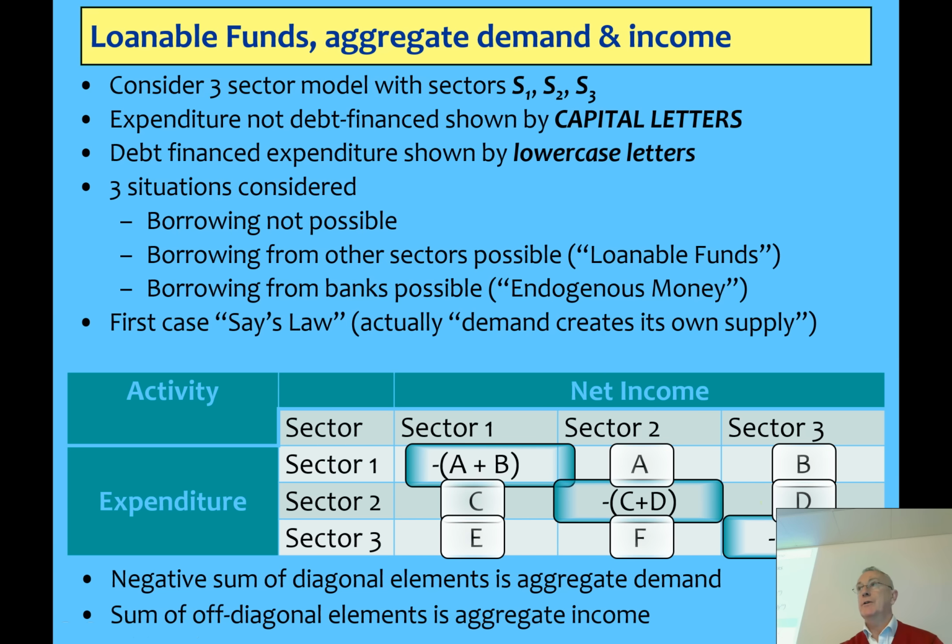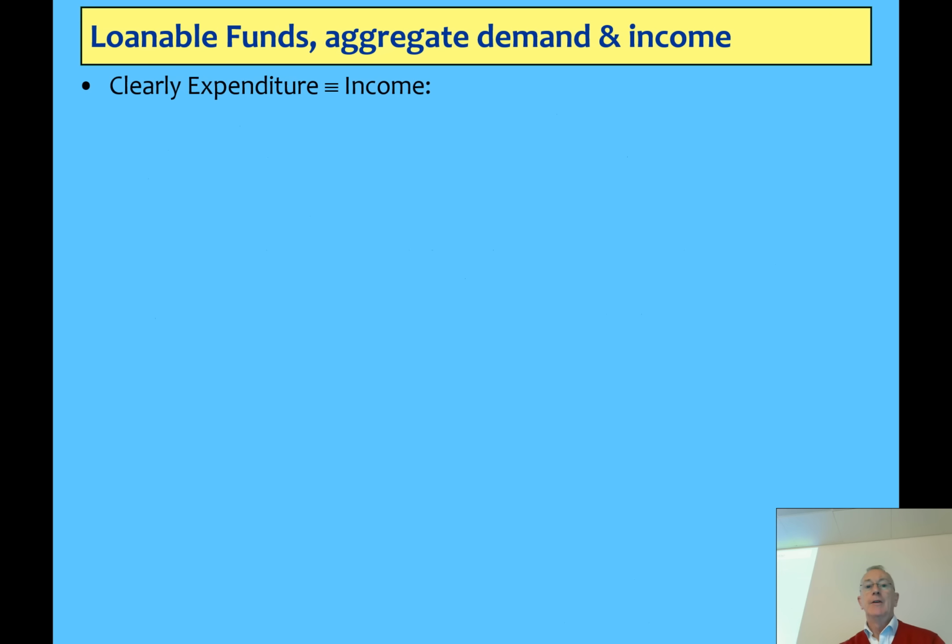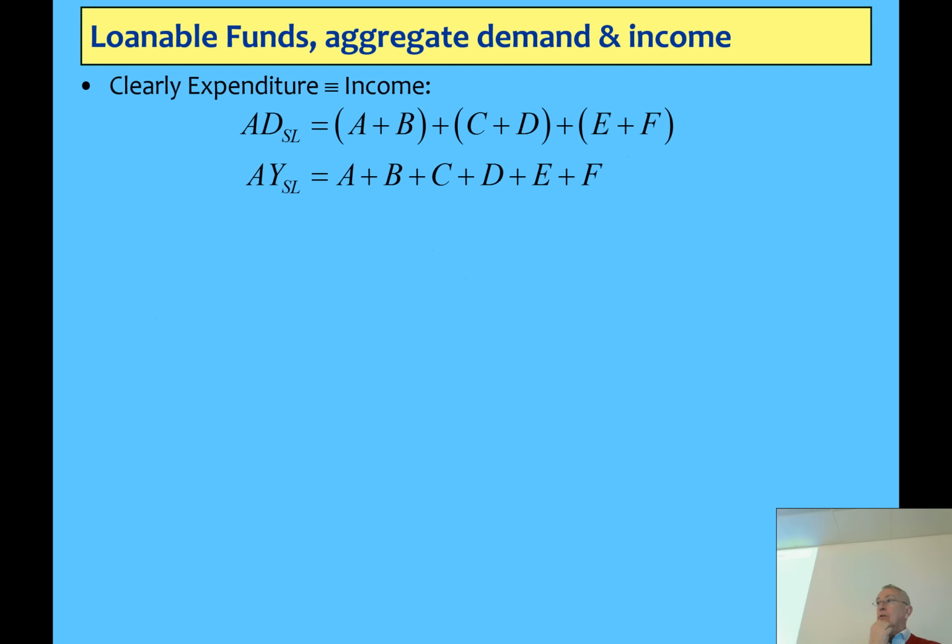So I can't make a logical mistake by working in this space. And I've been accused of plenty of logical mistakes in the last 10 years by post-Keynesians. Okay, so expenditure is obviously identical to income in that model. And what I'm doing now, I'm using a symbolic logic program to do the adding up. So you can see the bracketing there for the expenditure terms, and no bracketing for the income terms.